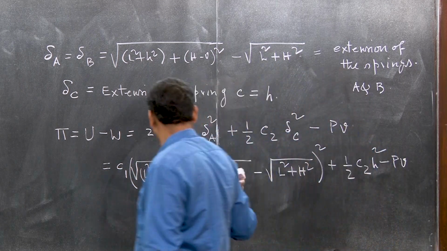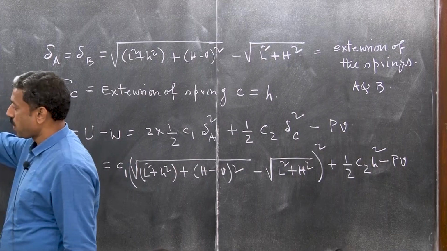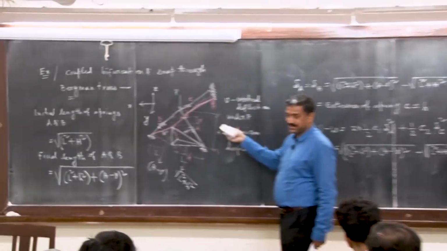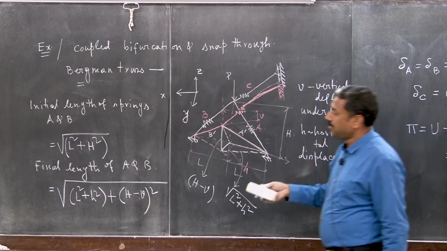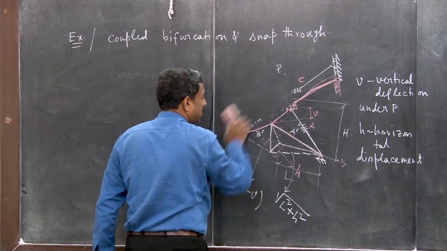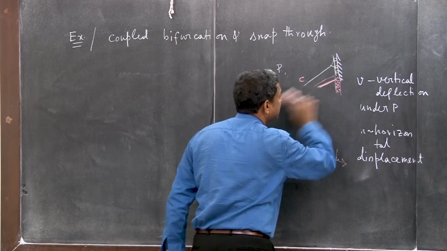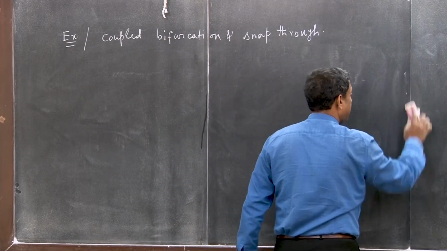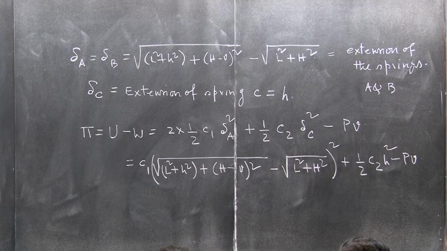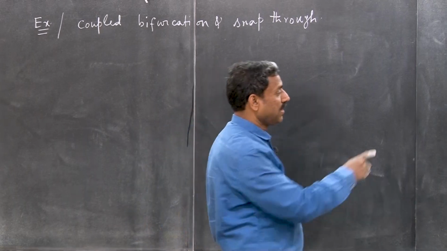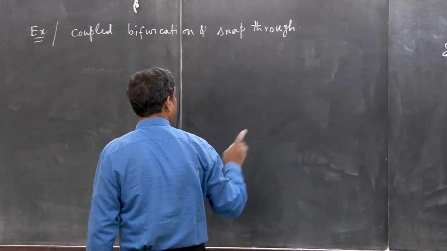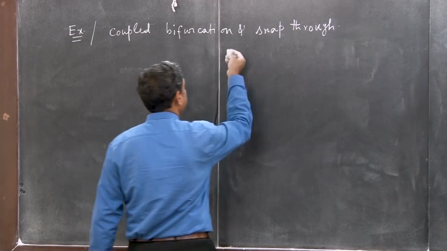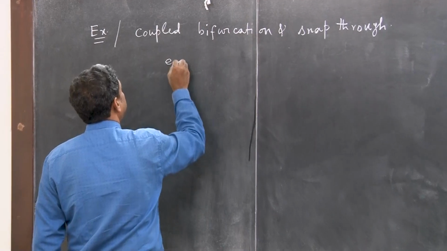right, this one. Now, may I remove this plot, right. This is the Bergan truss, okay. It is a combination of the von Mises truss and a spring. The spring is restraining the point, the apex, the top point of the head of the von Mises truss, okay. So once we find out this pi, then for equilibrium we have to find the equilibrium configuration,